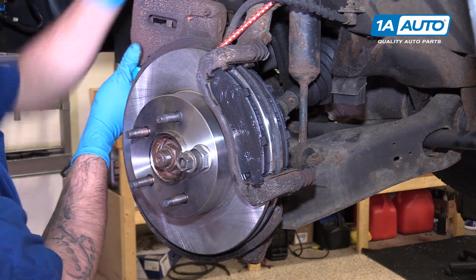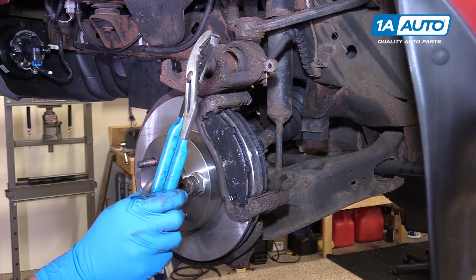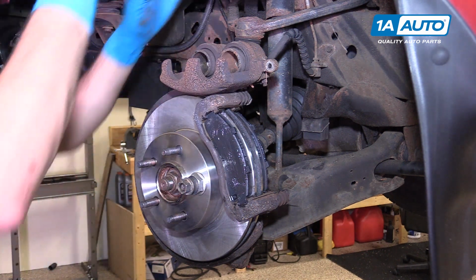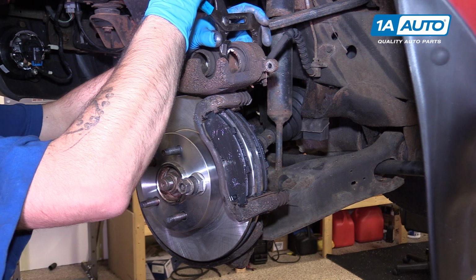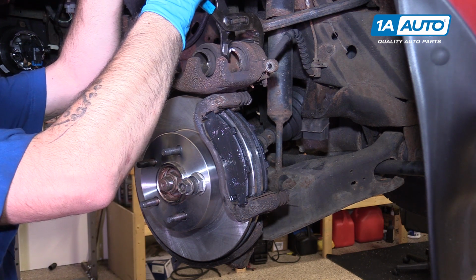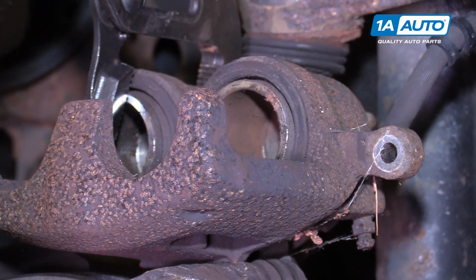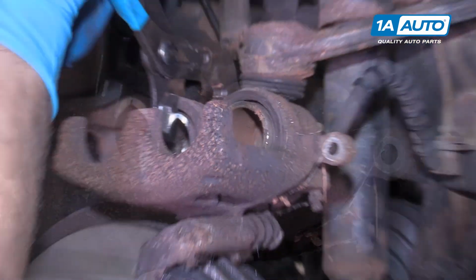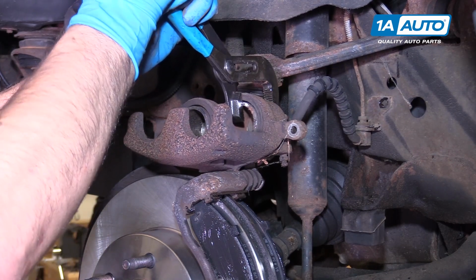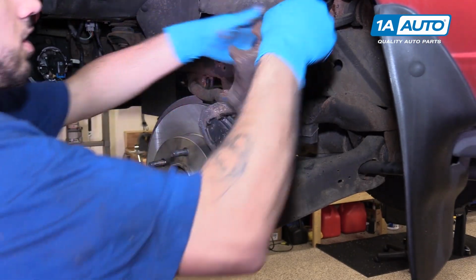Release your caliper from whatever you use to secure it out of the way. Using a large pair of groove lock pliers, carefully compress each piston one side at a time, going nice and slow so you don't push the other piston out in the process. You may have to go back and forth a couple of times if you have dual piston calipers like these. Once it's fully compressed,